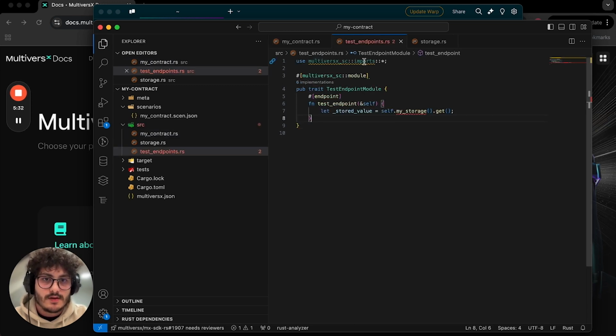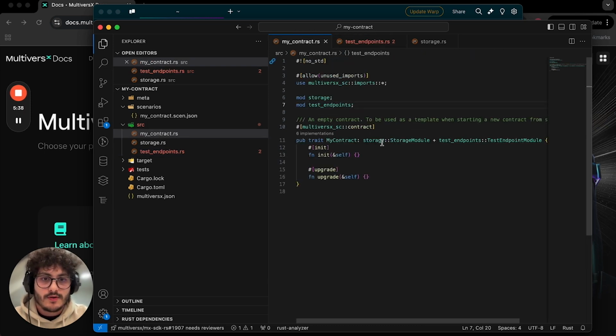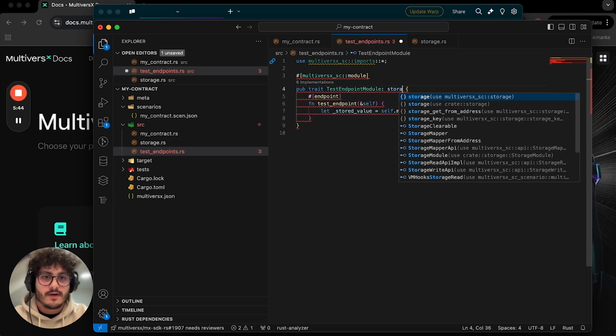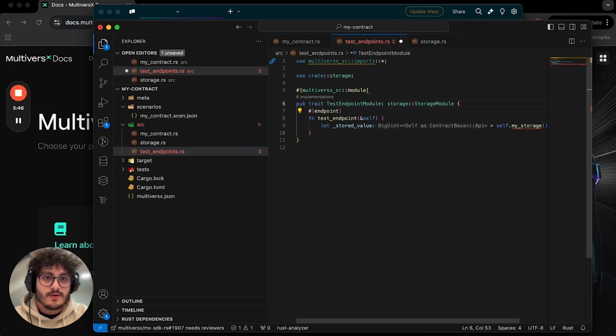Of course, I cannot access my storage here because even though my storage is imported in the root, I need to also import it in my module. So basically import it wherever I use it. I'm gonna import it here, and now